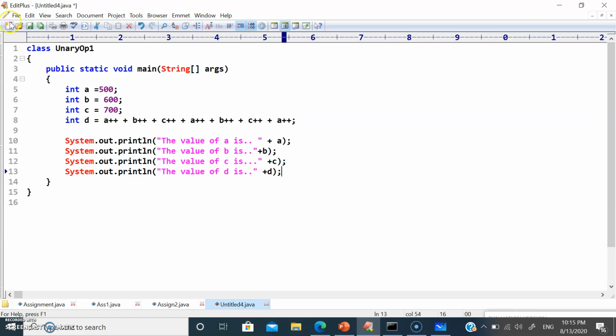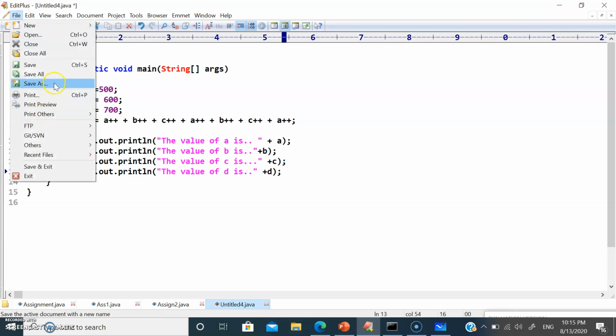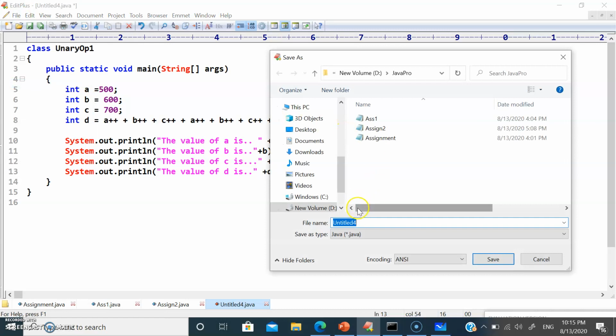So let me save this program. The program name is unaryop1.java.